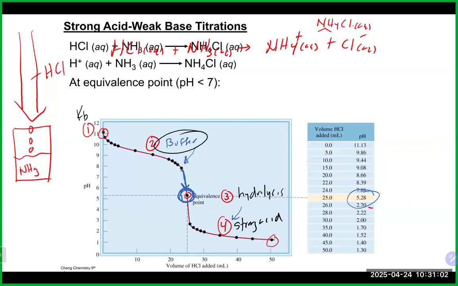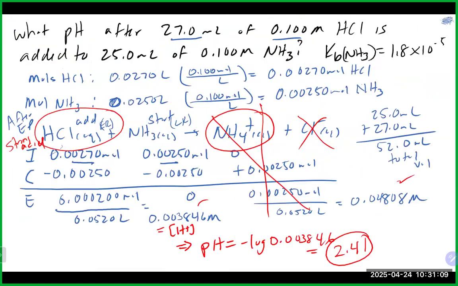So 27 puts us right there. That's between those two numbers. So that's pretty good as well. Question on this type of titration here, strong acid, weak base titration? All right, well,